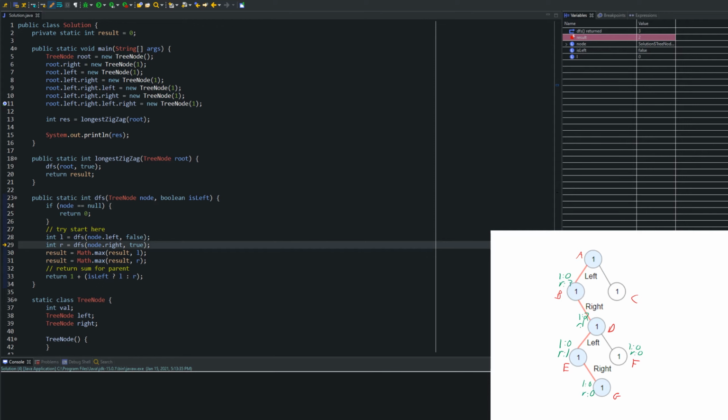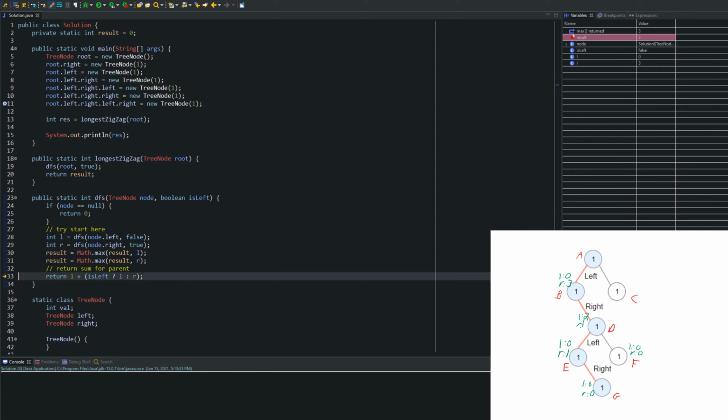We got 3. And yep, 3. Math.max L, that's 0, will do nothing. Math.max R and result, so we have 3 as the new value. Result will become 3. And isLeft is false,